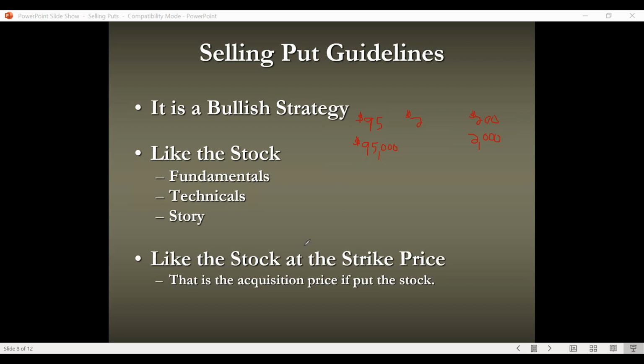Now, one little twist here. Do I have time for it? I'll do it real quick. The money you need to have in your account to acquire the stock does not necessarily have to be cash. Now, you'll have to double check this with your broker, because broker rules might vary or change over time. If you're listening to this update later on, there could be different rules in place. But I could have $95,000 worth of Apple stock that I'm expecting to go up in the long term, and I could use that $95,000 in Apple stock as collateral to sell